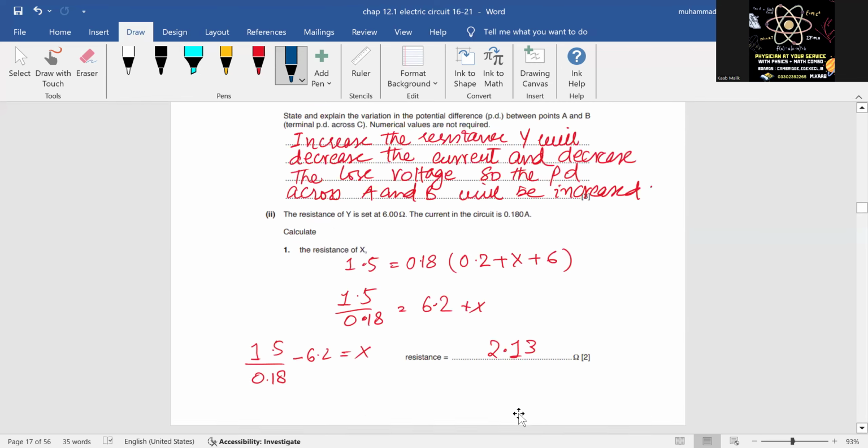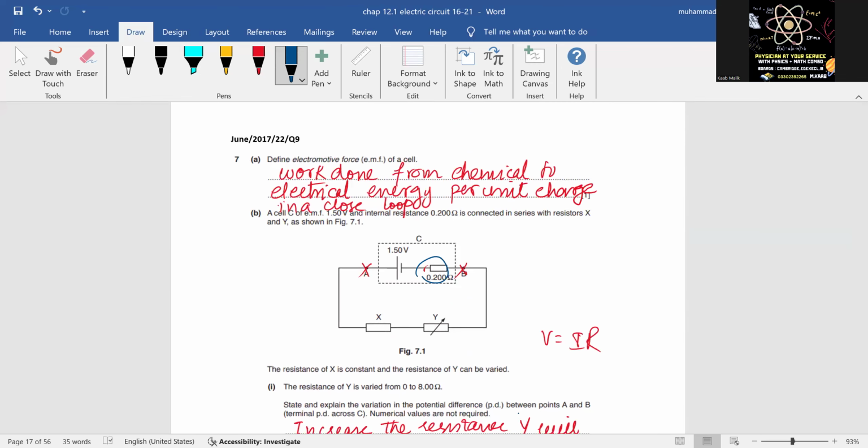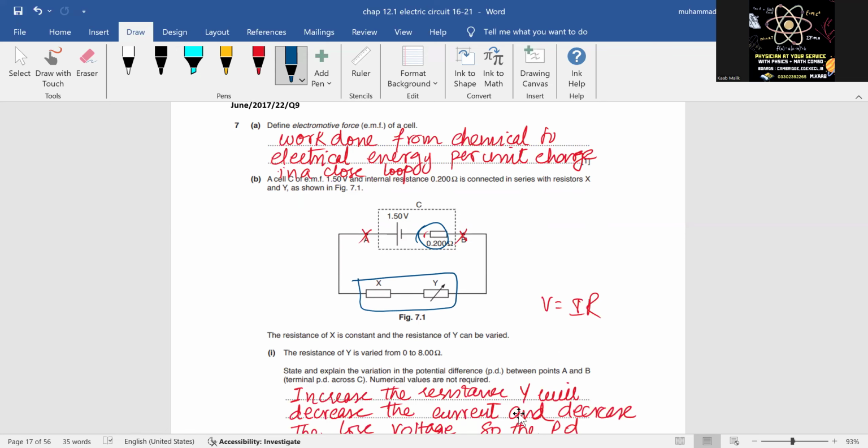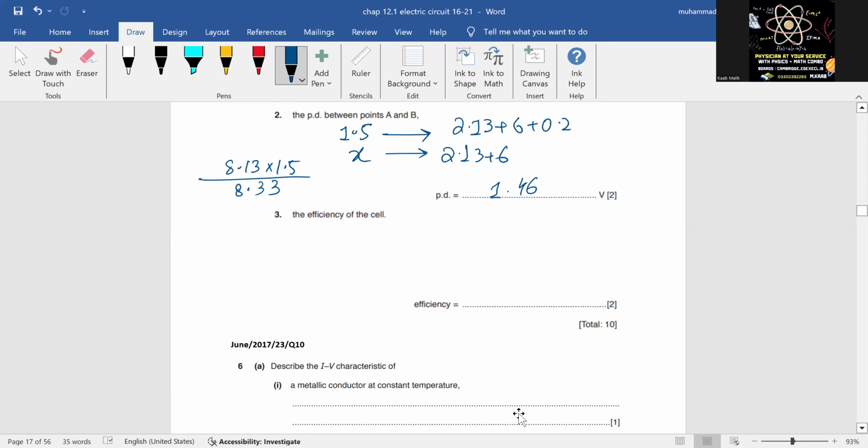So there's some lost voltage, right? And the voltage drop across this one, or the power drop across this resistor, is the useful power. So we can say that efficiency is the useful power, which is the power drop across X and Y, divided by the total power, X plus Y plus the internal resistance small r, right? So now we know that